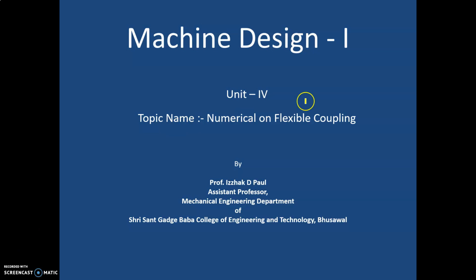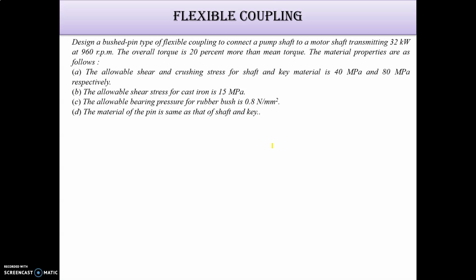Now this is the last video of this unit number 4. That is the example of flexible coupling, or you could say the numerical on flexible coupling. This is the numerical: design a bush pin type flexible coupling. We need to design it, and the power is given to us, RPM is given to us, overall torque is